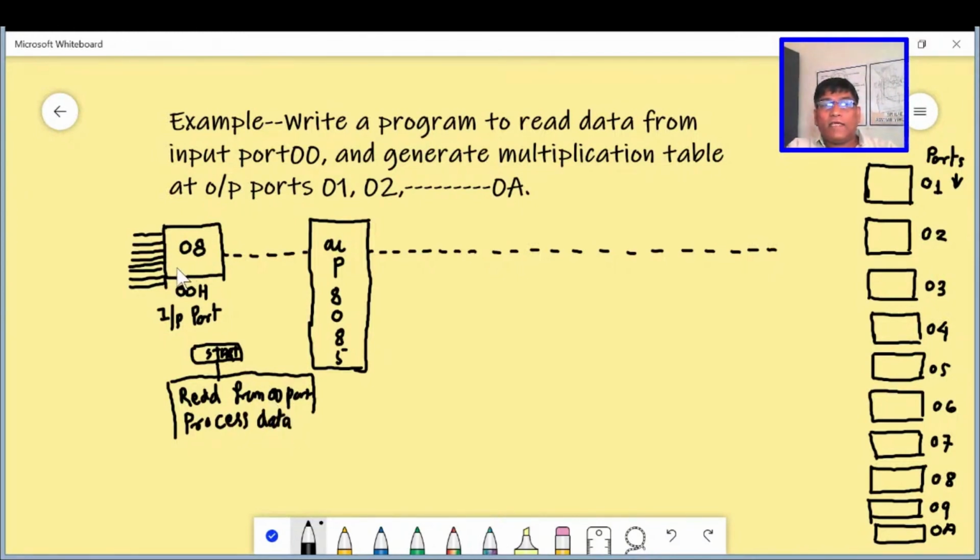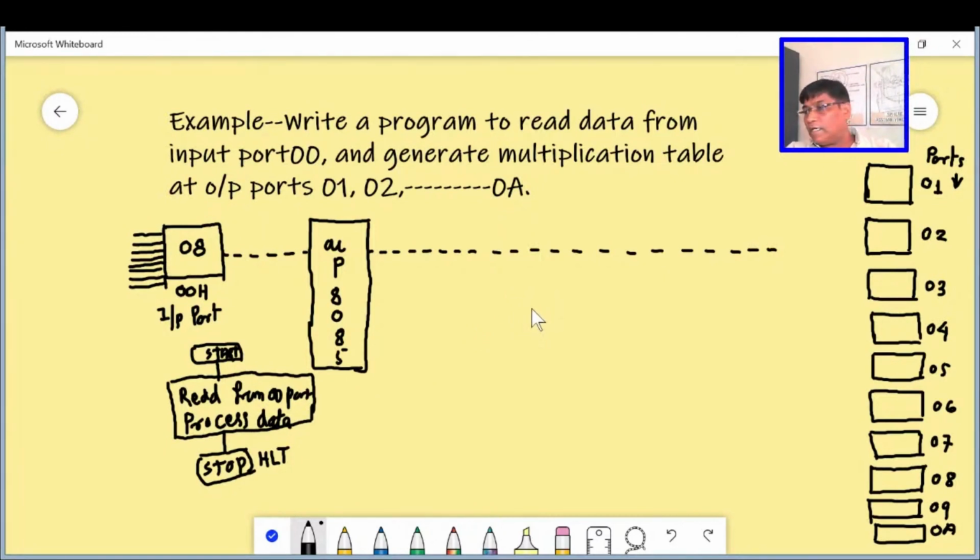For our example, 08 is the data, 00 is the port address, and after processing means to manipulate the data and send it to the output ports, and then our thinking is we should stop. And as we know, for stopping a particular program we are using statement HLT. So this is the thinking process indicated by the flow diagram. Now we will go ahead, we will see how to write the program for this.